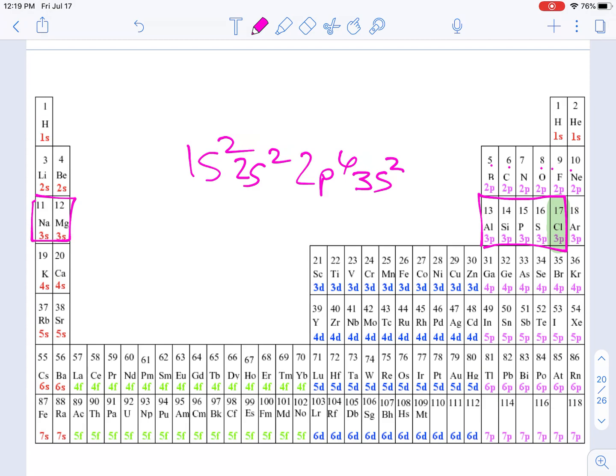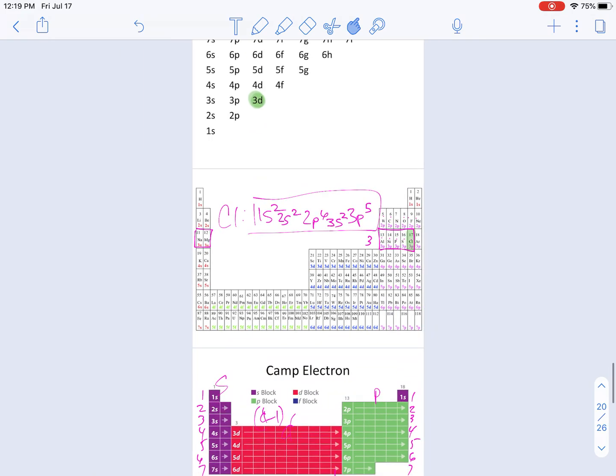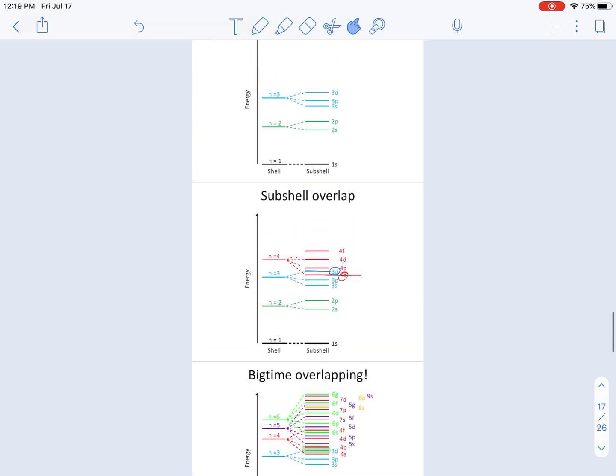And then finally, here we are. We're going to get all the way over to here. They are in the 3rd row. They are in the P subblock, but there are only 1, 2, 3, 4, 5 of them. So that's going to be 3p5. So this is the notation for chlorine: 1s2, 2s2, 2p6, 3s2, 3p5,